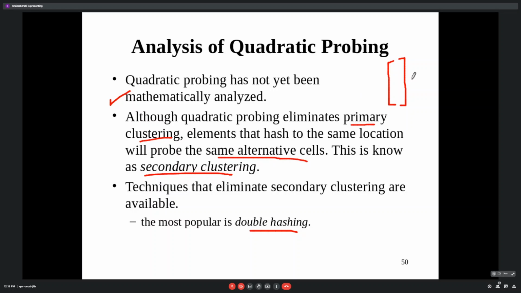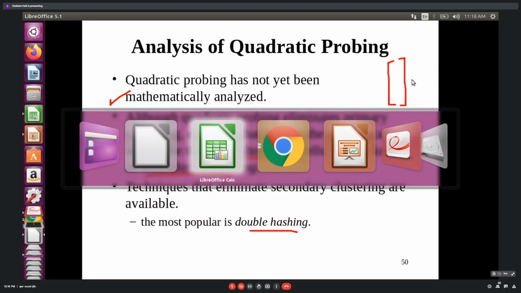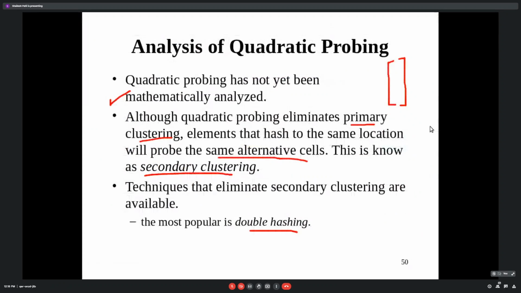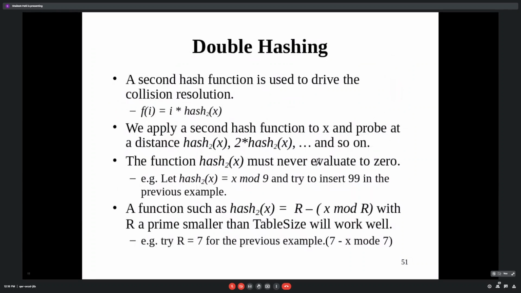As we have seen in this example, this 5 is going to probe to this element, again to 4, again to this location. Repeatedly it probes the same alternative cells, and that is secondary clustering. We can overcome this with double hashing.